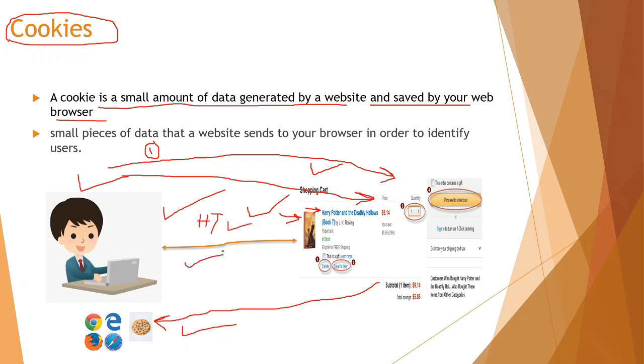And there are many other use cases, for example marketing purposes. Facebook and other social networking sites use HTTP cookies. Let's suppose you purchase some item and the very next day you see an advertisement regarding the same item on Facebook. All of this is happening because of the cookie.